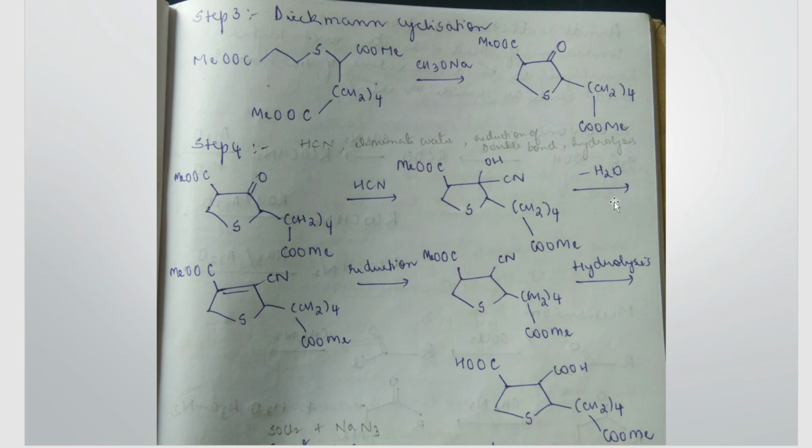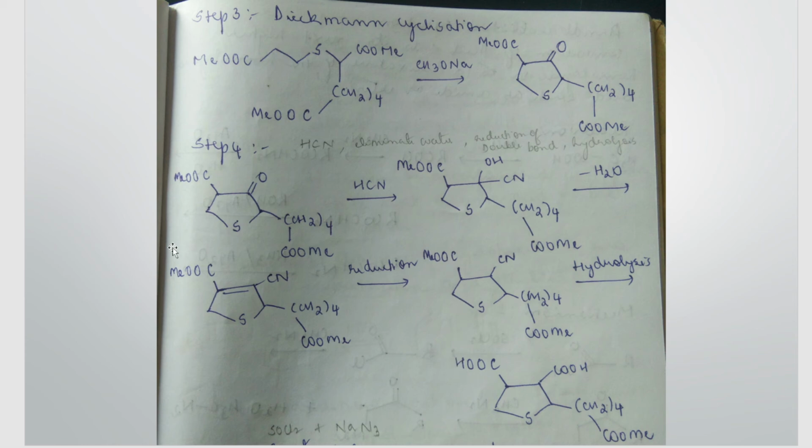You're doing hydrolysis. In hydrolysis, what happens? This group, that is CN, cyanide group, will get replaced by COOH, and here the methyl group is replaced by hydrogen, and this methyl group will remain as such. So don't make any changes here. Only in the top side of the ring, the cyanide group will be replaced by carboxylic acid functional group, and here the methyl group will be replaced by one hydrogen.